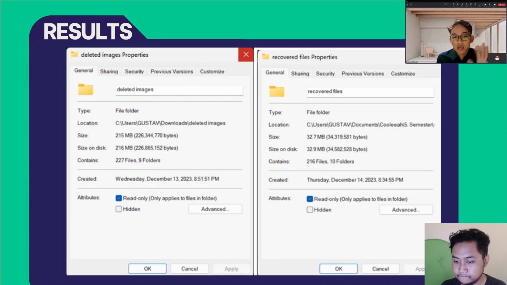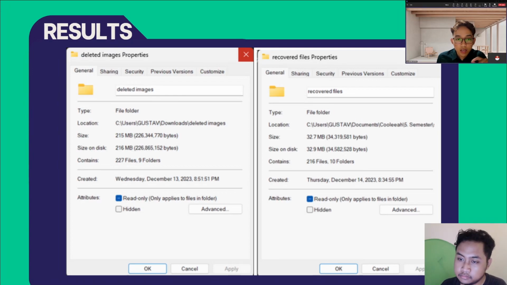There are 227 files in the original folder, and there are only 216 files in the recovered folder. Most of this loss is actually text files, which originally amounted to around 122 text files, which is now only 112 text files.